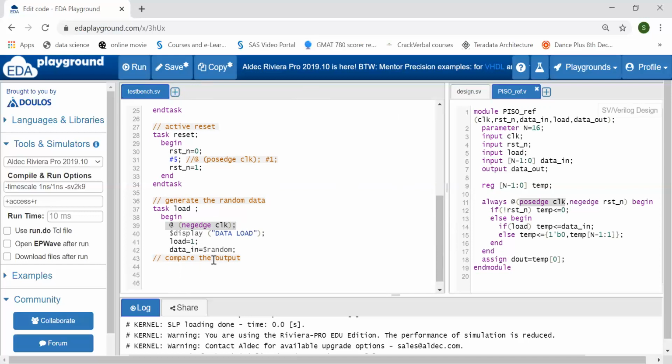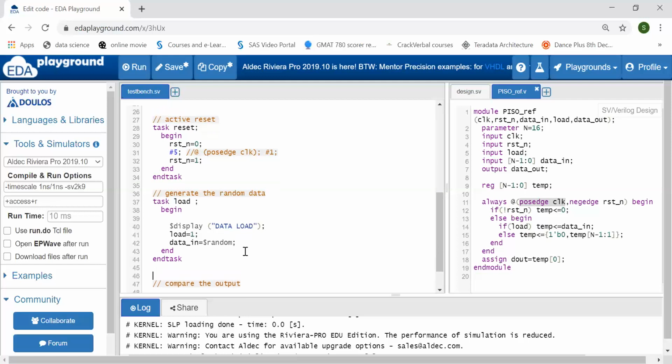Okay, so now data_in is completed, and end task. Now task load is completed. Next, task shift is also there. In the shift, only my load signal will be 0.